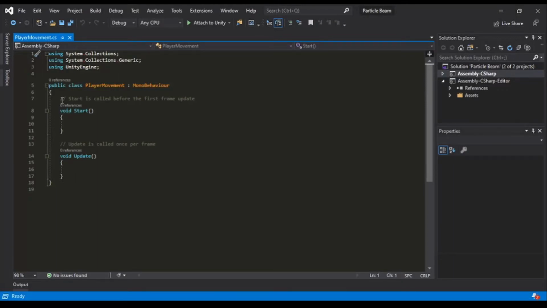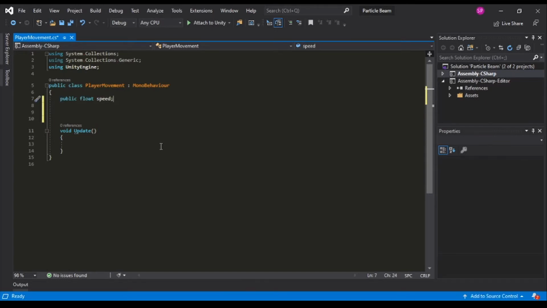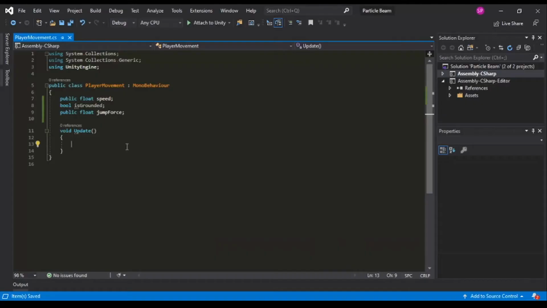We can delete the Start function, and we will start by adding some variables. Add a public float called speed. We will add another variable called isGrounded. It is a bool, and we will add one more variable called jumpForce. Now we can save that. Always make sure to save, otherwise if Visual Studio crashes or something, you'll lose all your progress, which is not super fun. In the Update, we can type in isGrounded